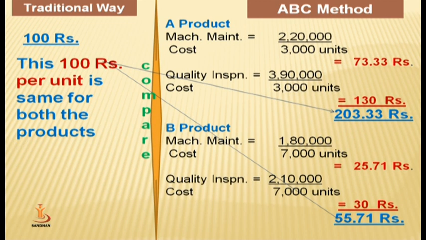And quality inspection cost 3,90,000 divided by 3,000 units gives 130 rupees. Total 203 rupees. So now students, you can easily compare the overhead cost by the traditional way, that is 100 rupees per product, whereas in ABC costing it comes